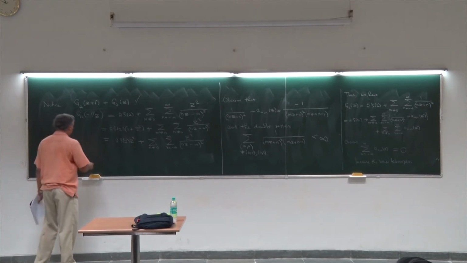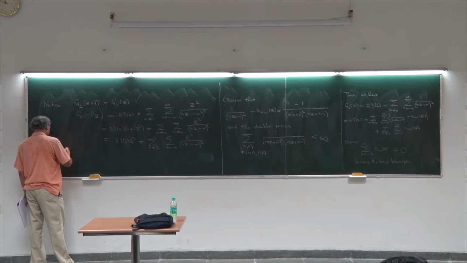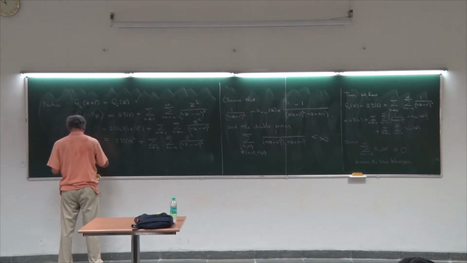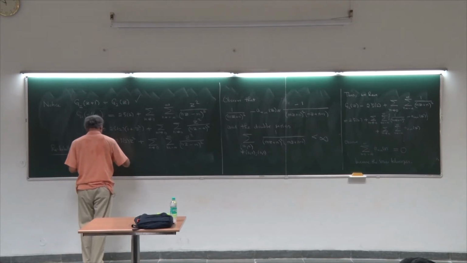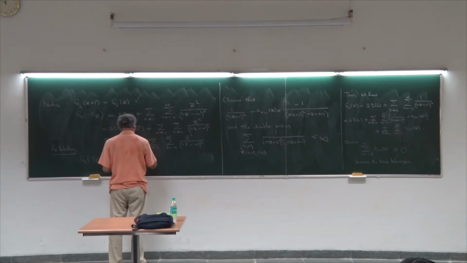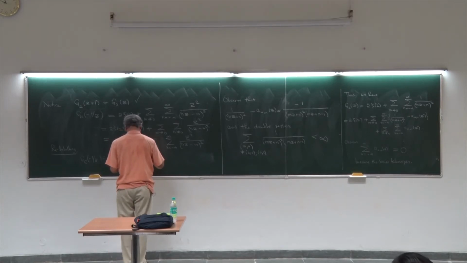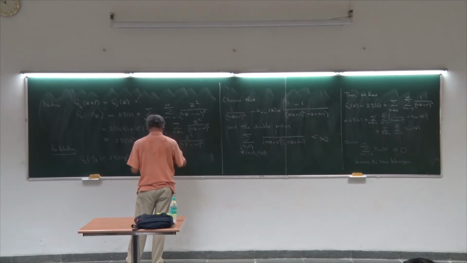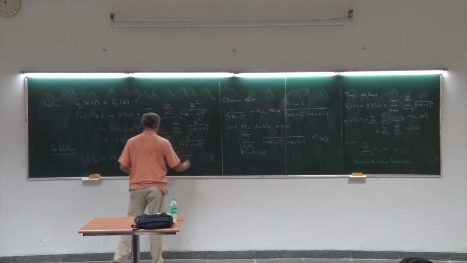And if I relabel m and n, we see that g2 of minus 1 over z equals 2 zeta 2 z squared plus the sum over n going from minus infinity to infinity. I just relabeled it,